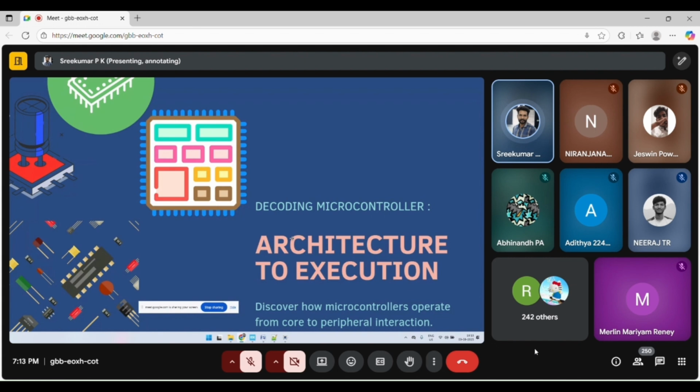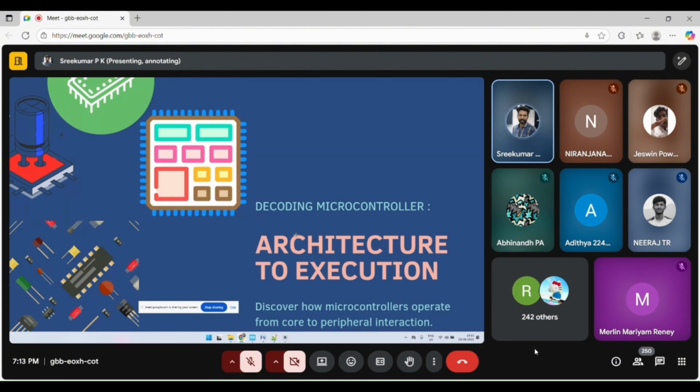This session aims to deep dive into microcontroller architecture: how the microcontroller is architectured internally, what its components are, how software can be developed for microcontroller applications, what the tools and procedures associated with it are, and how a code executes inside the microcontroller. These are the main agenda of today's discussion.